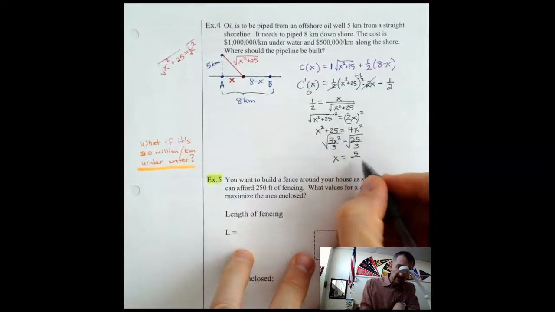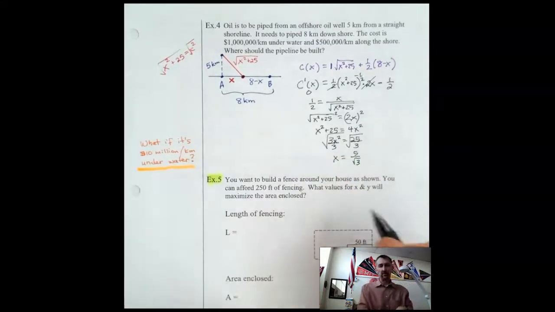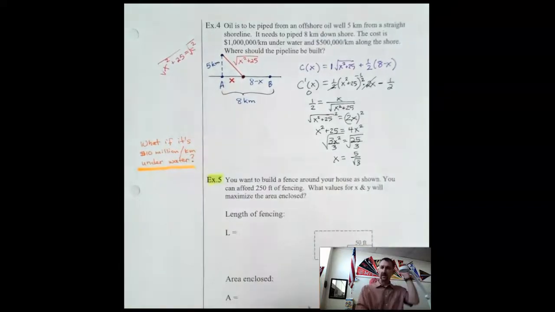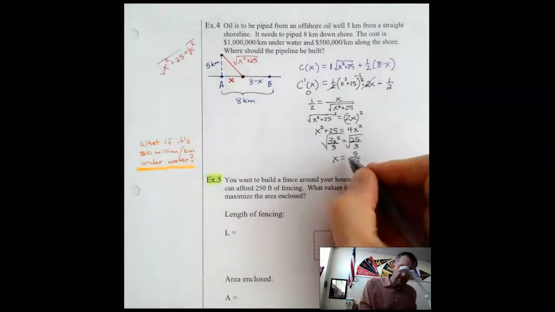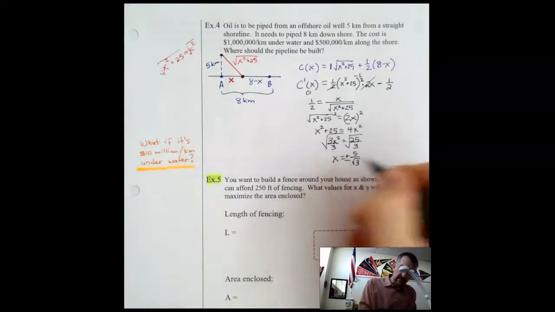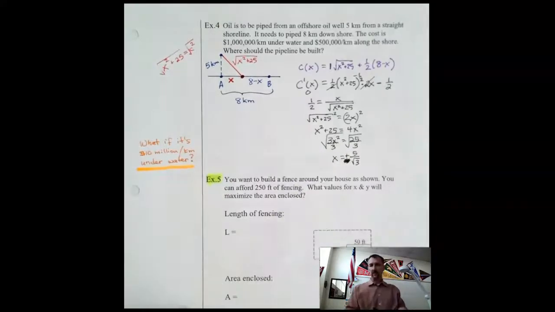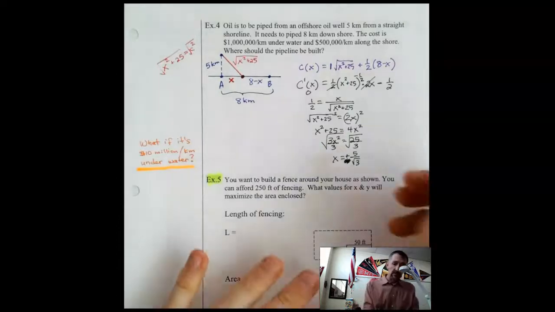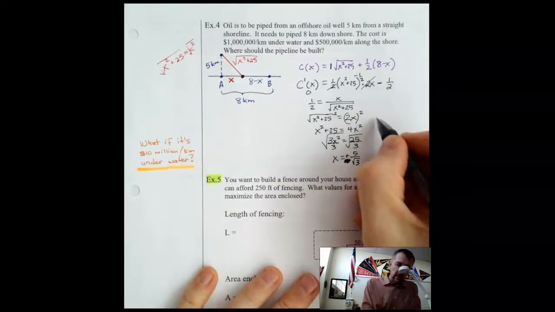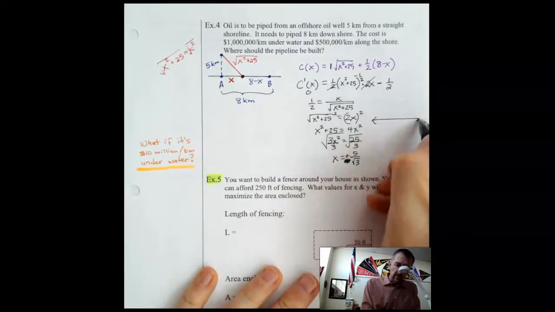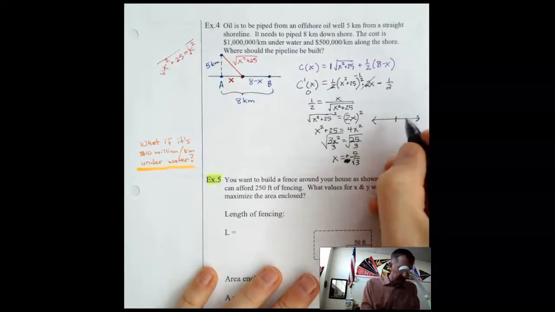Now technically it would be plus or minus 5 over root 3, but it doesn't make sense for x to be a negative in that problem, so we'll just not worry. I guess we could put it plus or minus, and then we'll scribble it out. We're not going to use that. It doesn't make sense. Okay, so now we can look at our sign chart here,